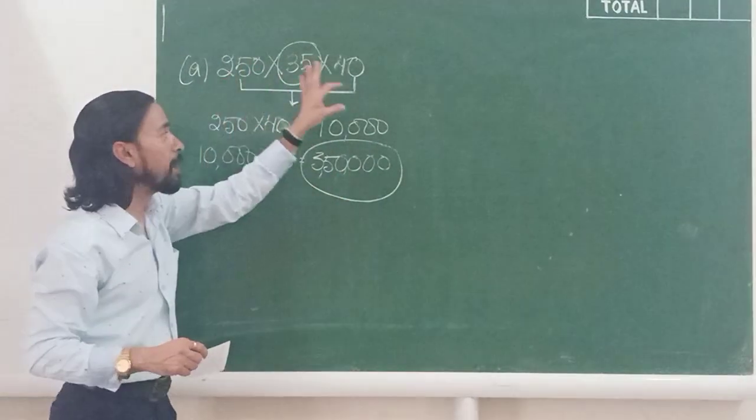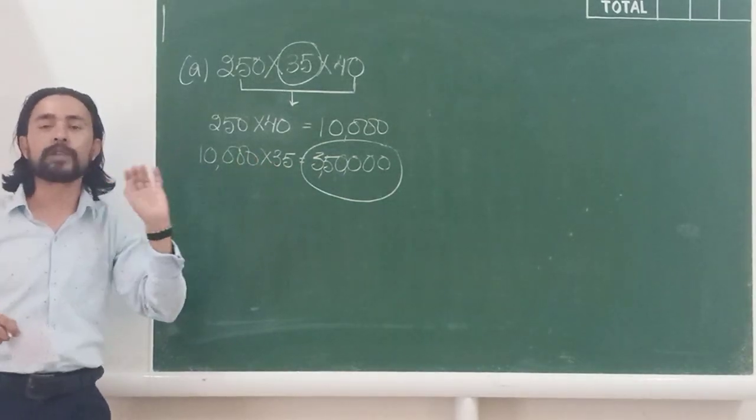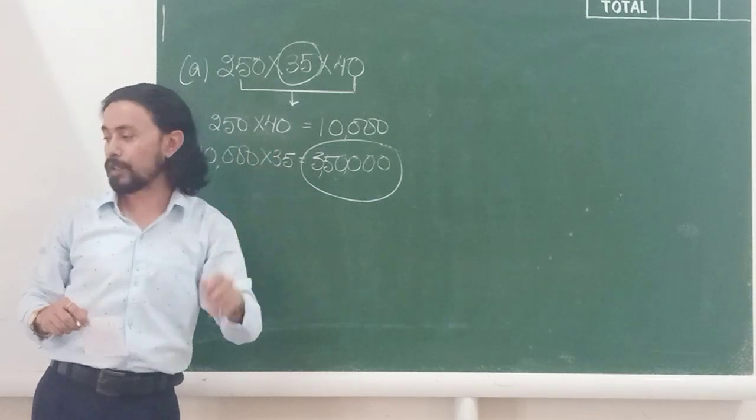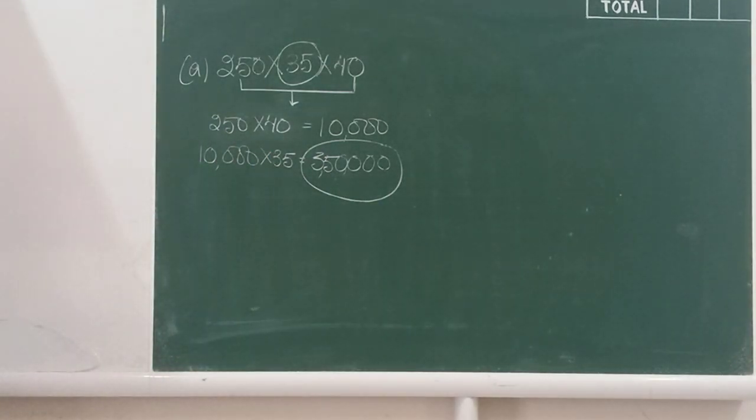This is called multiplication by suitable arrangement. But this is concept number 2. The next class will be concept number 3. Let's go to part B. Part B says